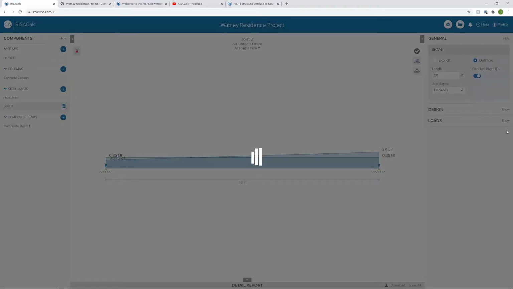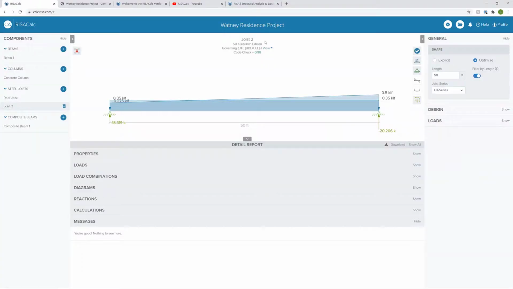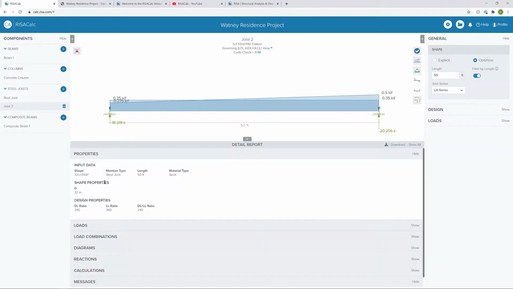So when I hit the unity check, it's going to do an optimization real quick. And so it gives me a 98% unity. So that's good. Okay. And if we look into properties here, it designed for us a 32-inch deep